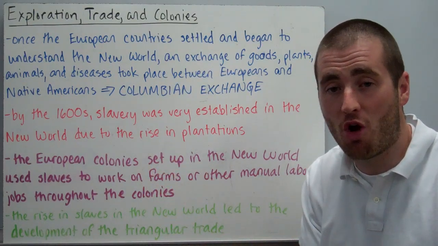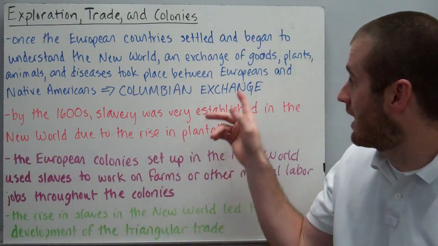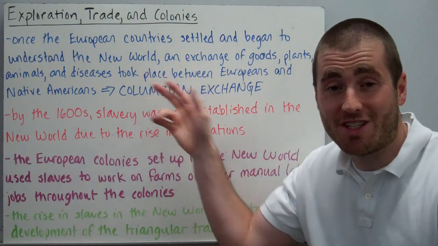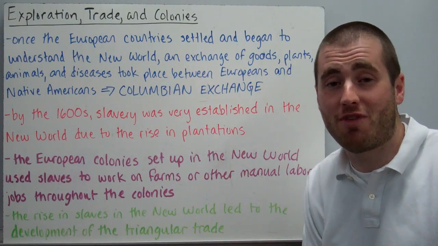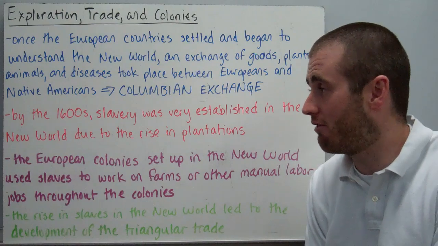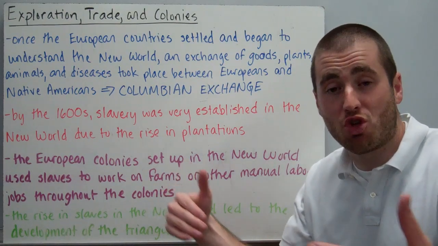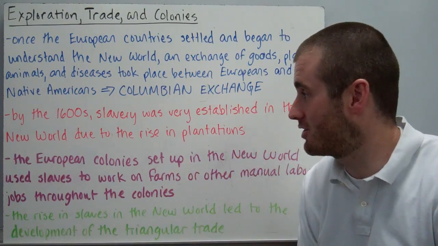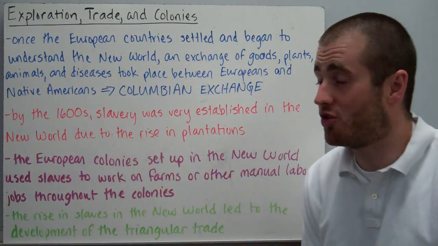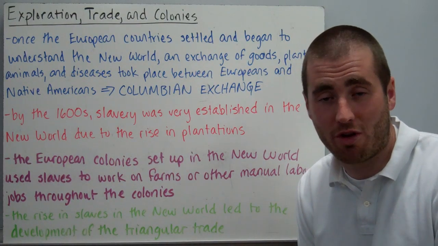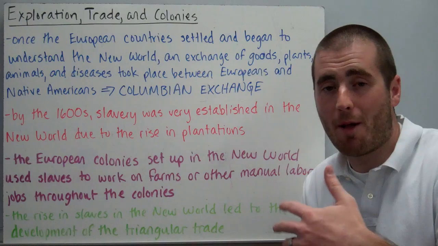So the Europeans brought stuff over, they took stuff back from the Old World, and this became known as the Columbian Exchange. The diseases were the stuff that they brought over that really affected tons of Native Americans. It killed a lot of them, but there were some goods and plants and animals exchanged during this process as well. So by the 1600s, because all these colonies had started to settle, whether they were Spanish, Portuguese, English, French,